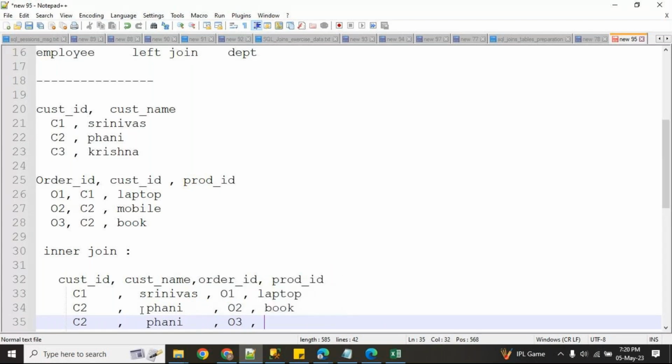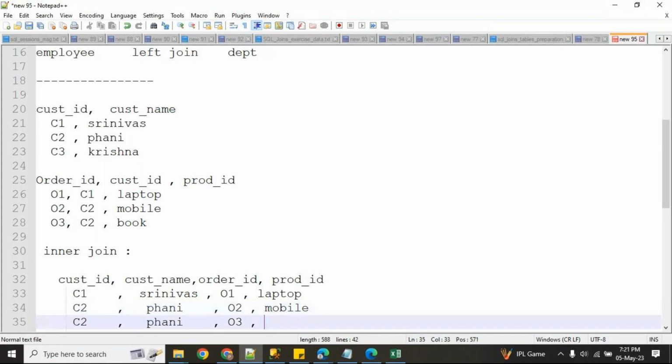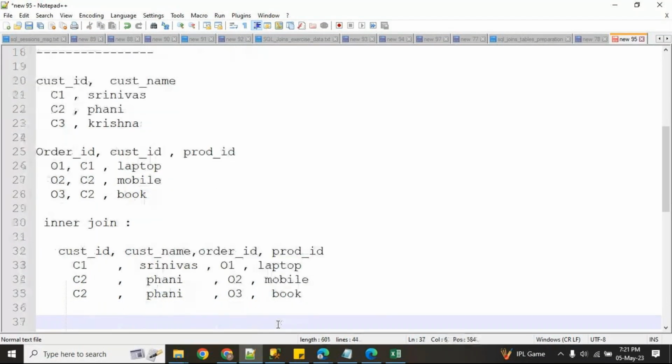So with inner join, only matched records you will get.